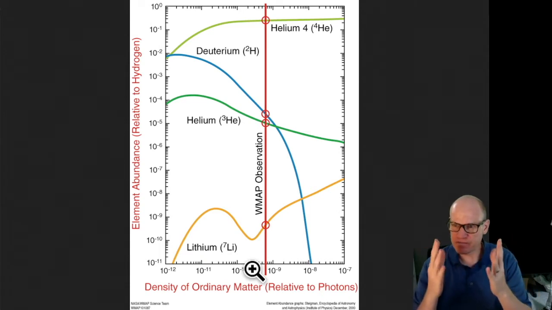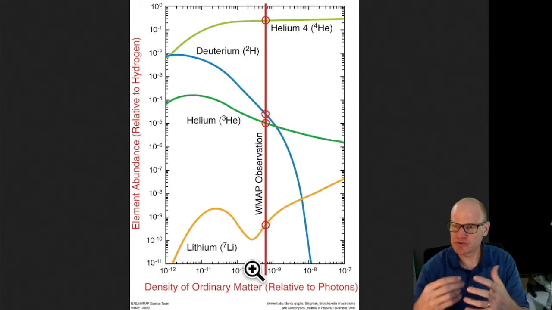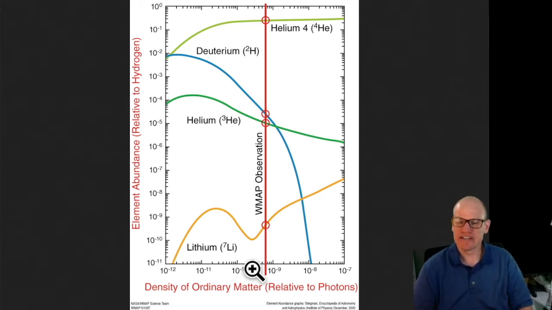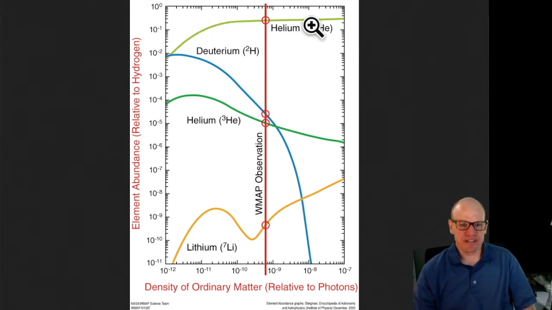So the amount of Big Bang nucleosynthesis that took place tells us what the density of regular matter was in the early universe relative to the photons. The photons we can also count by just looking out and seeing how many primordial photons there are. Okay, so we can make measurements of these different elements. We can measure the amount of helium-4 in the universe. We can measure the amount of deuterium, the amount of helium-3.